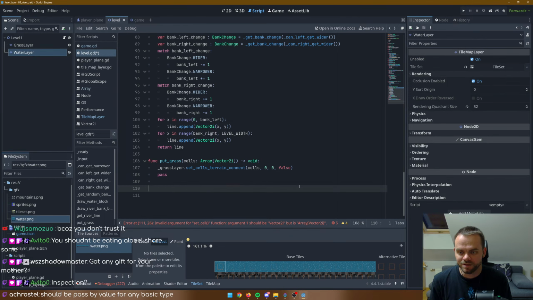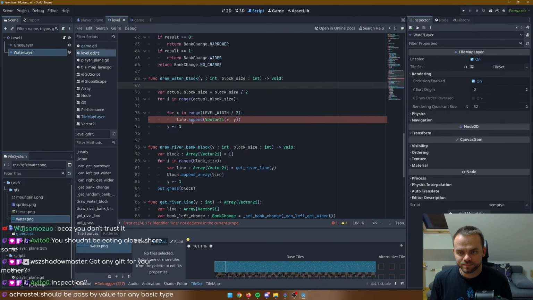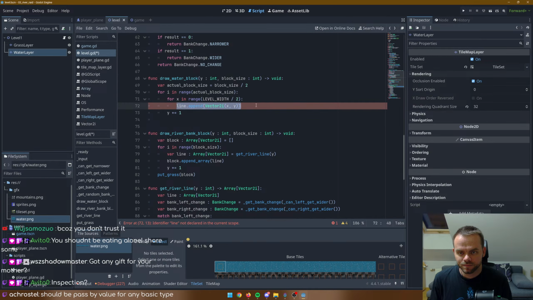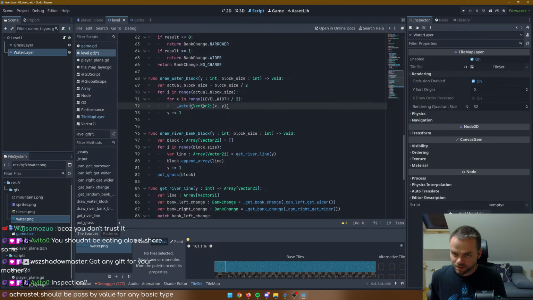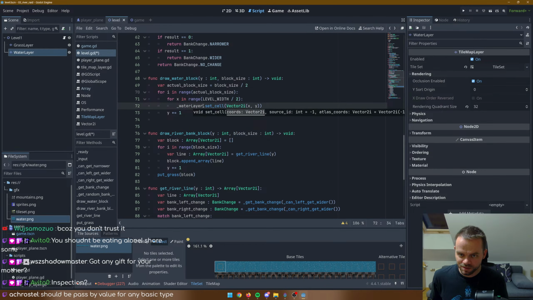Okay, so we don't need that. And we don't need the line, and we don't need the block. We will just do water layer, set cell, and